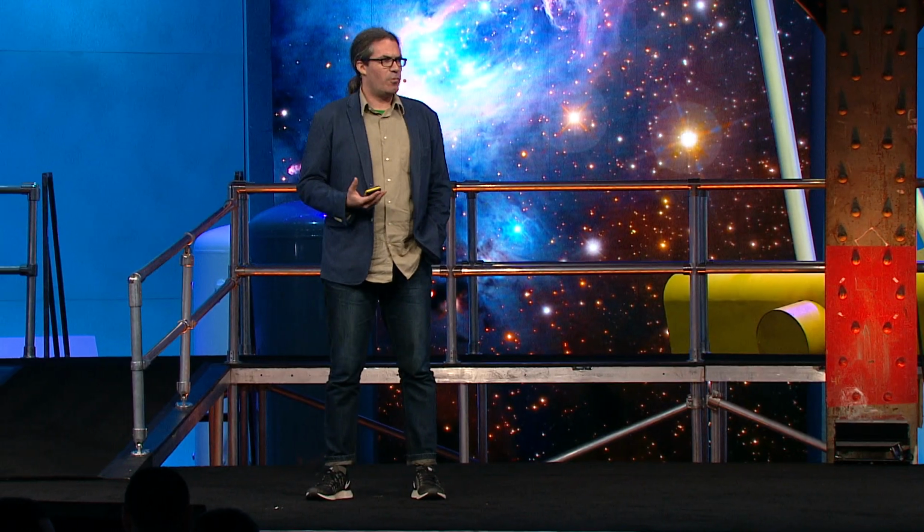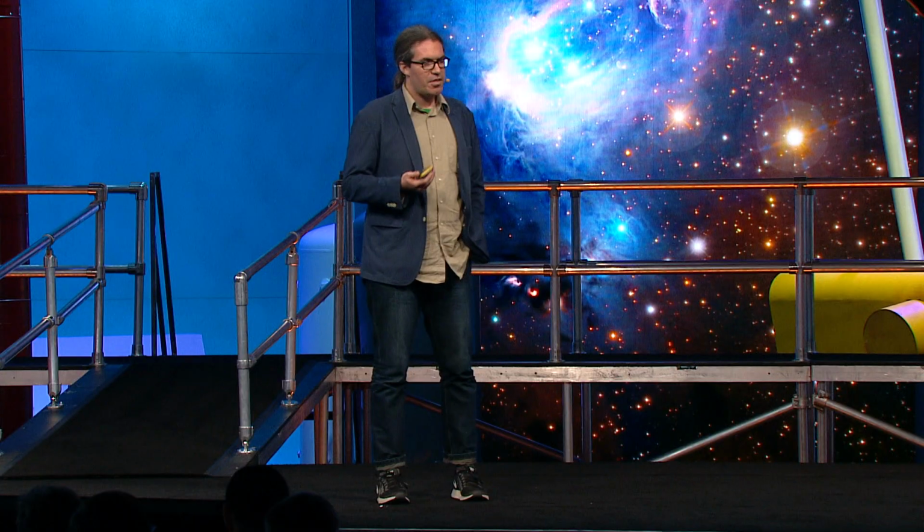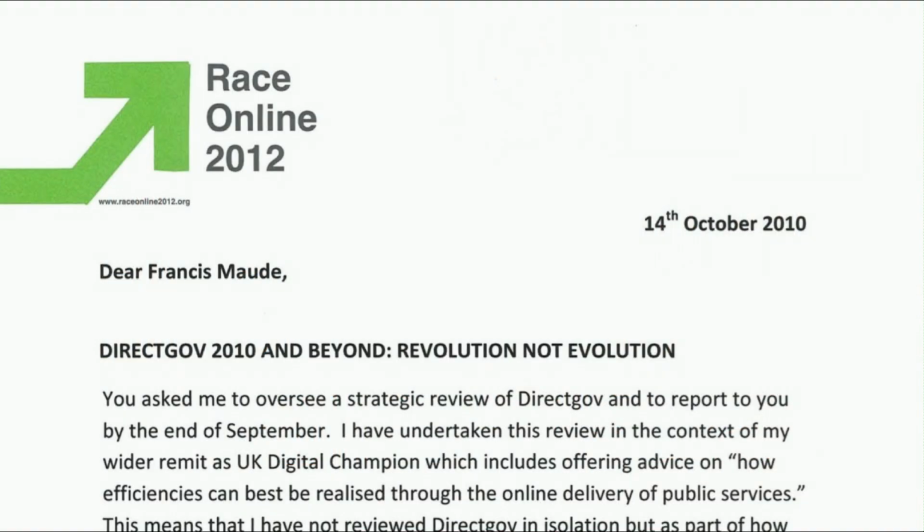And in 2010, we had a general election and a new government and a new minister for the Cabinet Office. So the Cabinet Office is the department at the center of the UK government that coordinates its activities. That's where I work today. And a minister is an elected official, usually, sort of equivalent of a congressperson, but who has executive power over part of government. We had this new minister called Francis Maud, and he asked a well-known UK internet entrepreneur called